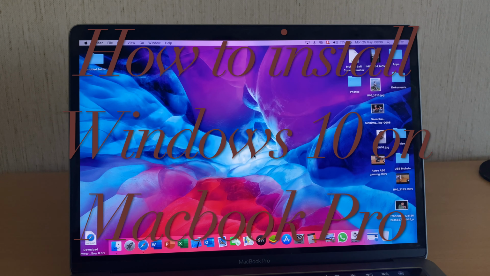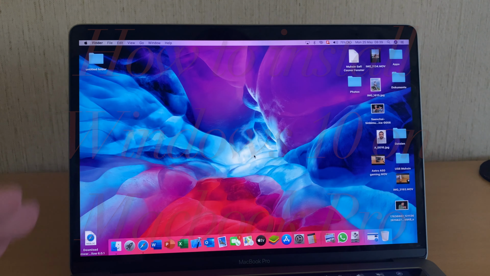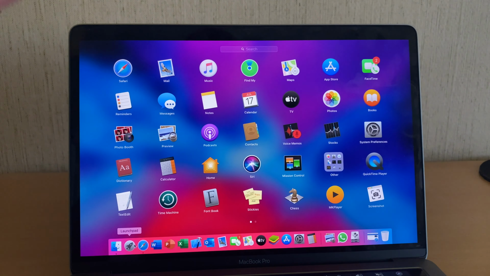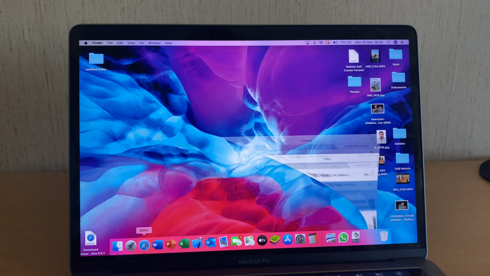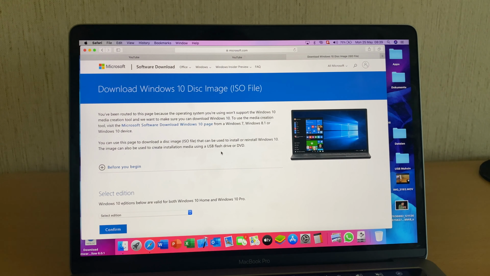Today I will install Windows 10 on MacBook Pro. Right now we will go to the website. We will download Windows 10 from this website. I will put the link in the description, and it is totally free, and we can download the original file